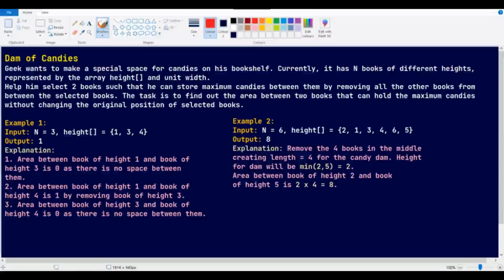Today we are going to solve the GeeksforGeeks problem of the day for 21st September 2021. Here is the problem, Dam of Candies. The person with a different perspective of thoughts, and the person who does some kind of weird stuff, are considered as geeks, right? So in this problem we found a geek and he just tried to create a safe locker